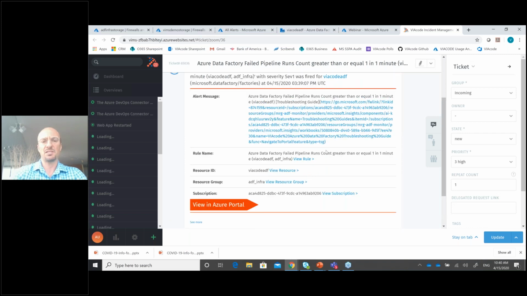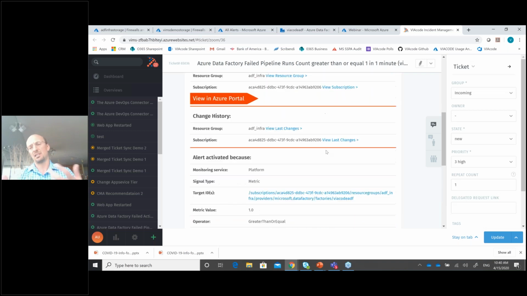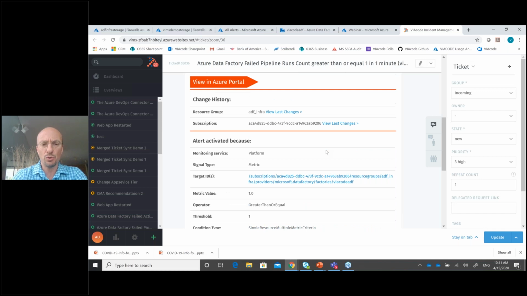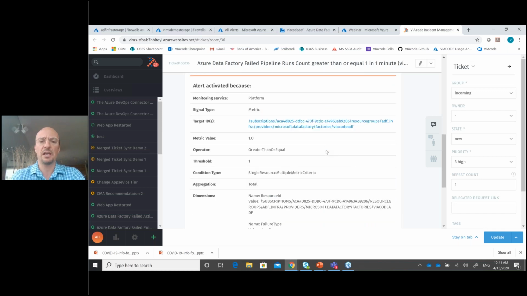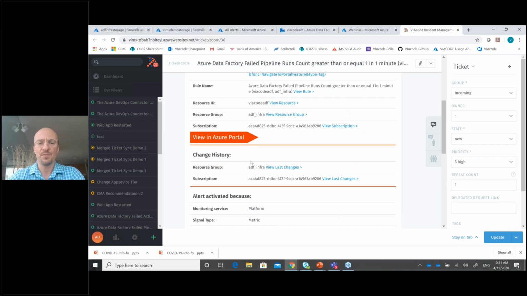This is the incident inside our ticketing system. Technically, you could use any ticketing system, but currently we've integrated with our own ticketing system. And in addition to some alerting information, what I wanted to highlight is this change history.